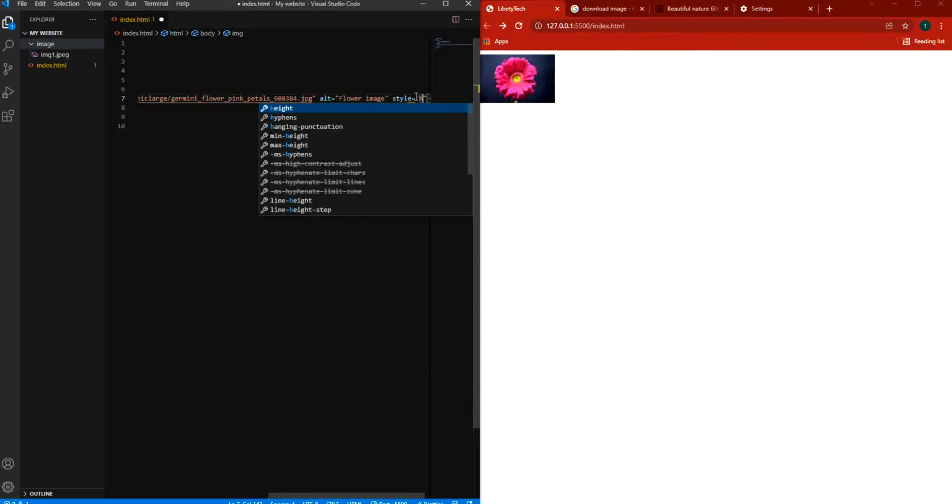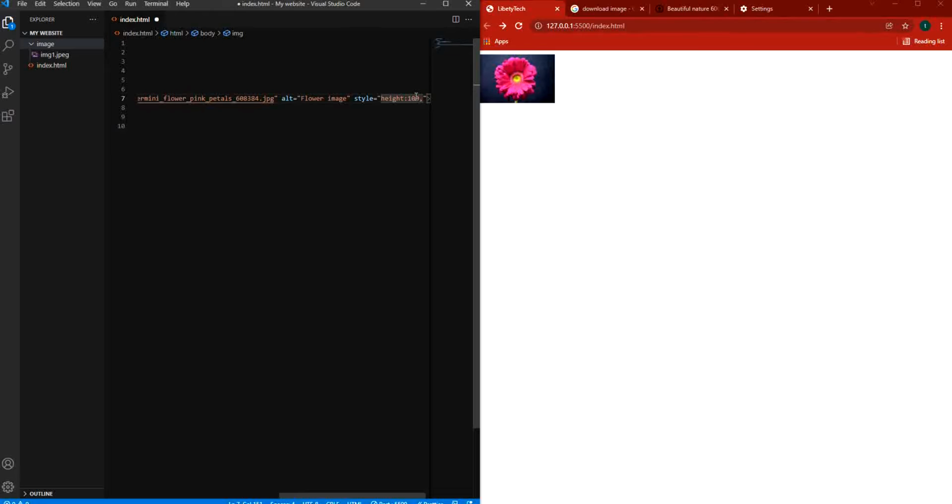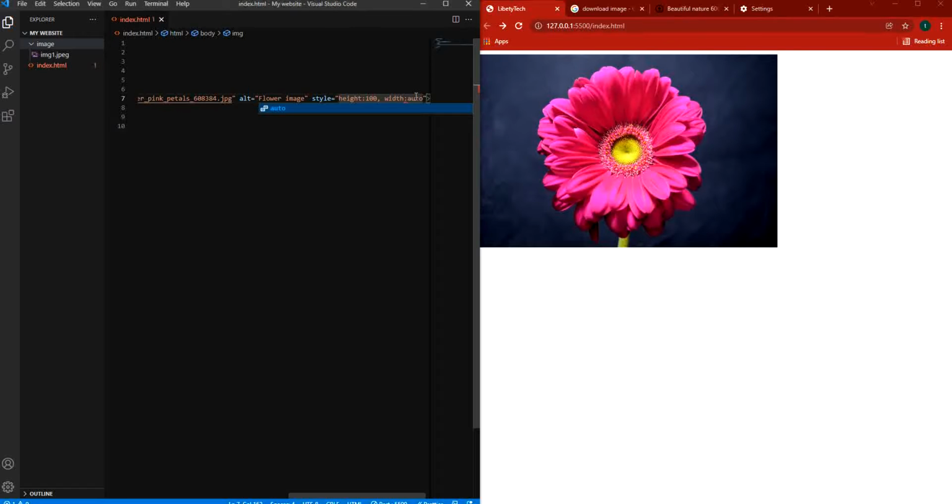Then inside this style, I need to set my width to be 100, comma, then my height, then my width to be maybe auto. So once I save that, I still get the same thing, but the image is larger than the first one. So let me just set this one to maybe 50. So if I save,